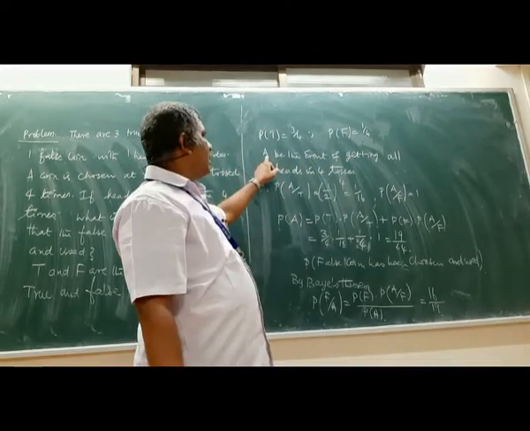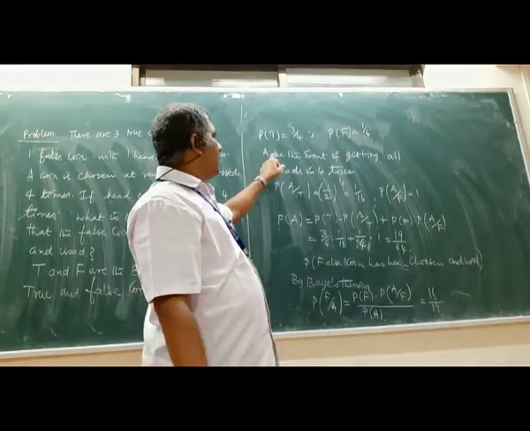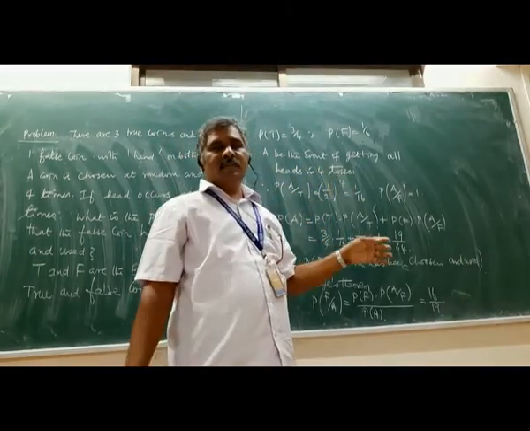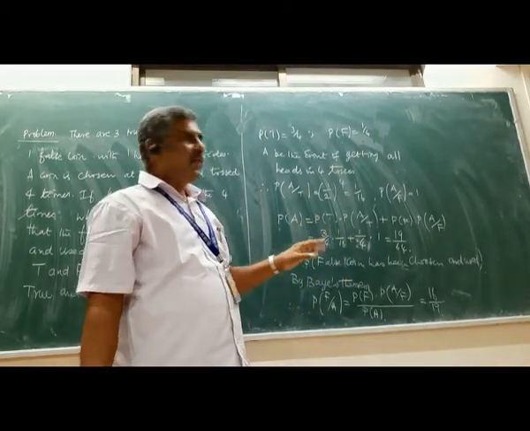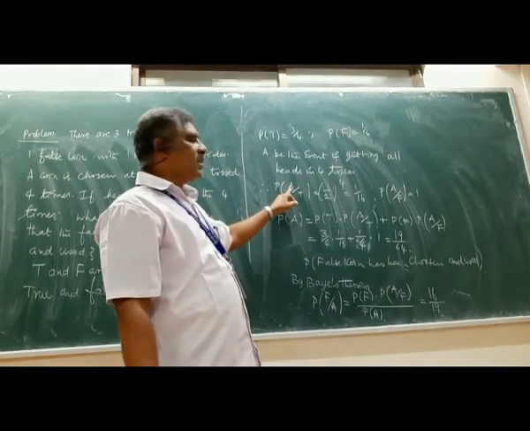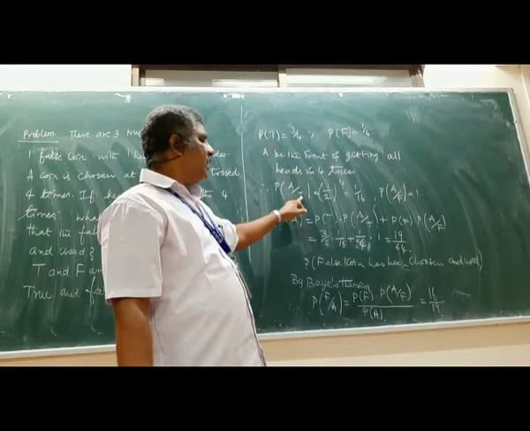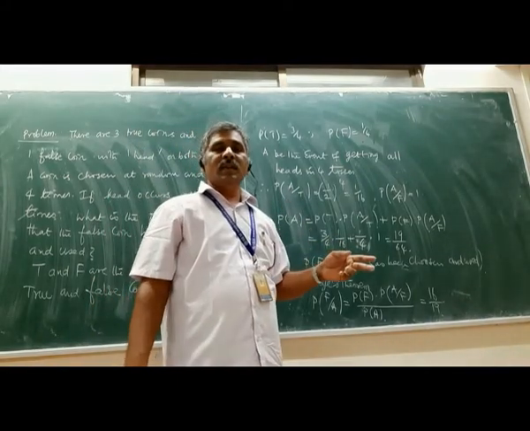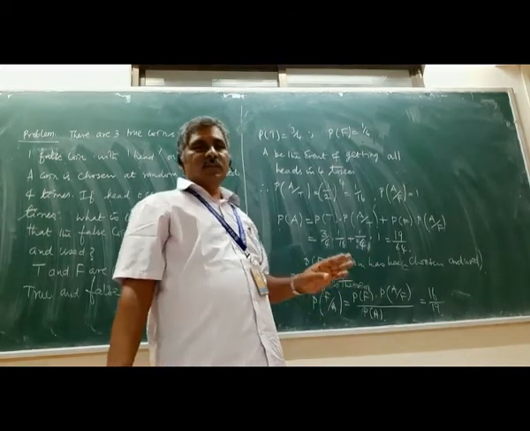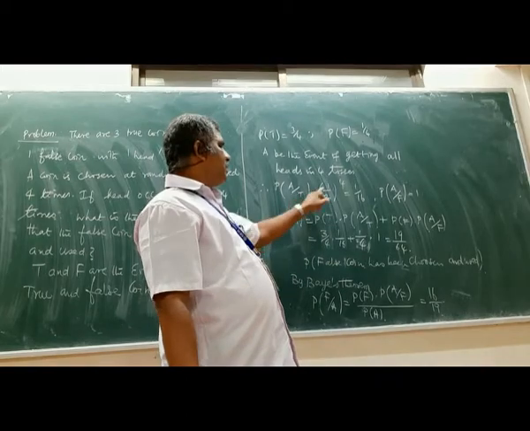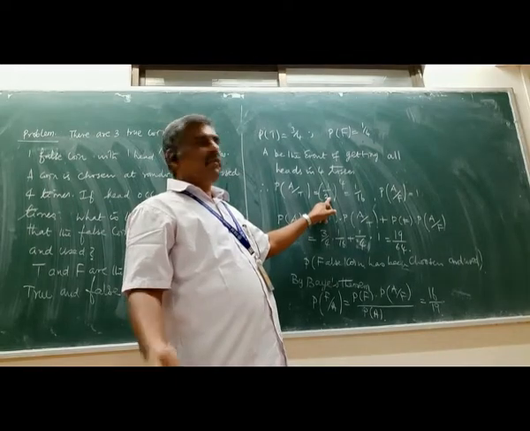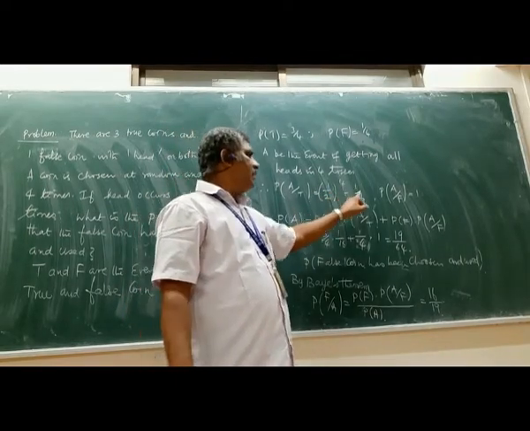And then you take the event A. A be the event of getting all heads in 4 tosses. So you are tossing 4 times and all the times you are getting the head. So probability of A by T, that means getting all heads when you are choosing the true coin. True coin means head and tail are there on the two sides, the proper coin. So getting the head is 1 by 2 for 1 toss. So for 4 tosses, 1 by 2 to the power 4 will be 1 by 16.